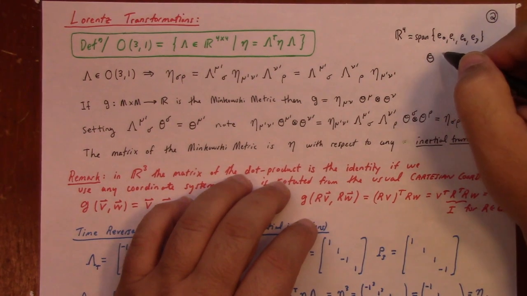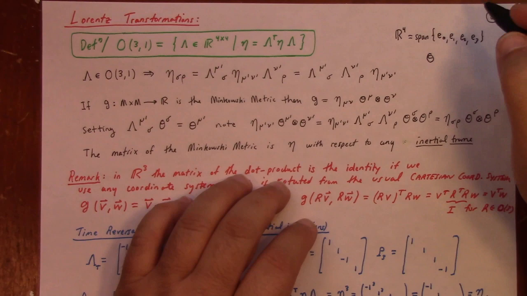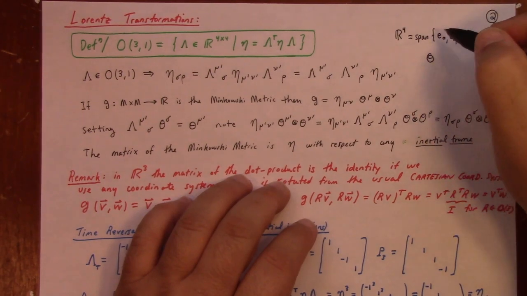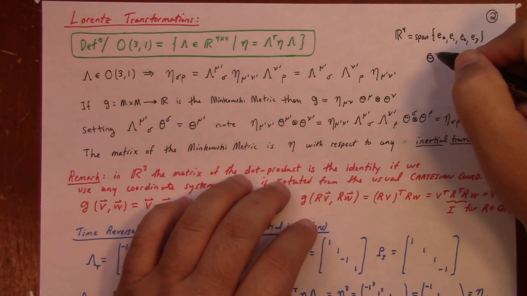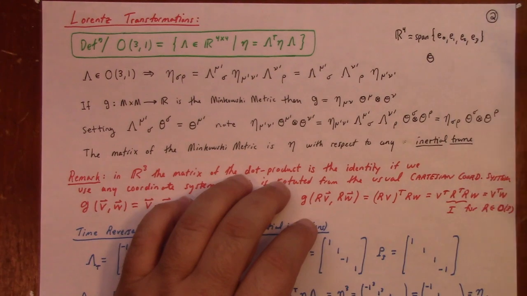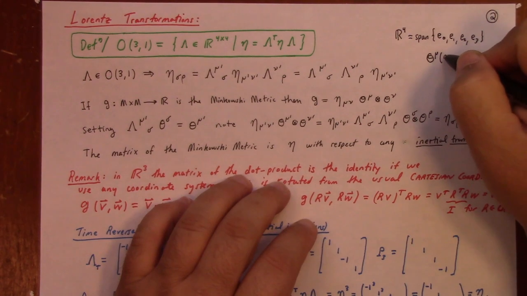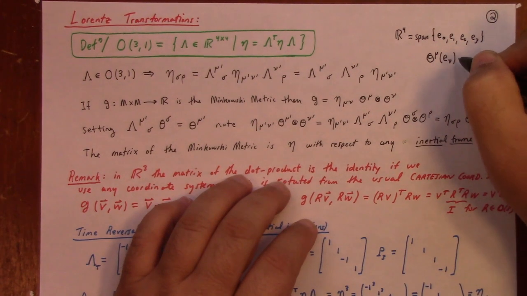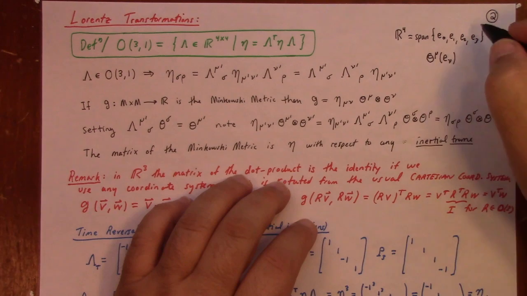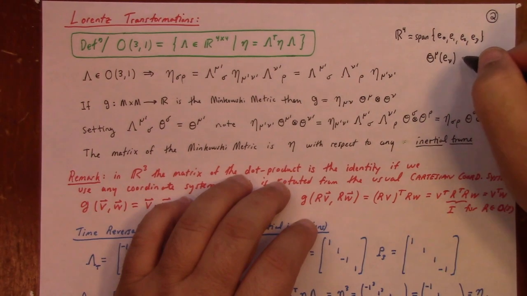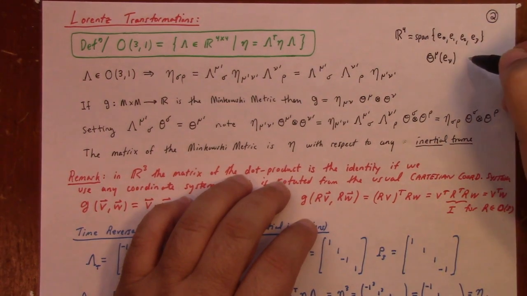In other classes, sometimes I'll just use the same letter with an upper index, but I'm trying to use a different letter just to introduce yet another notation into my materials, just to be annoying. But anyway, it's the dual basis. In other words, theta mu is a mapping from R4 to R, which is defined by,